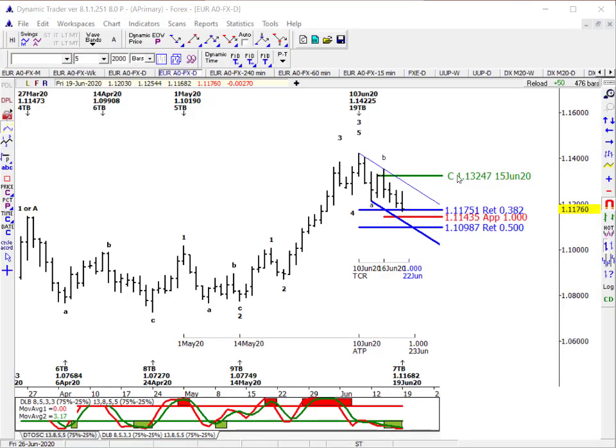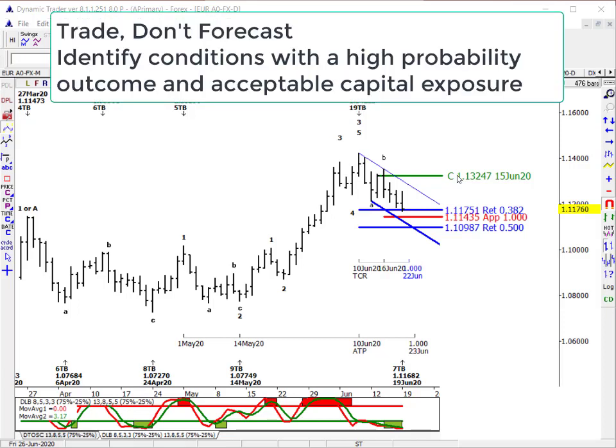We're first going to take a look at one of my favorite markets to trade, and that's the euro. Great trading vehicle because it frequently gets in positions where we can identify technical position with a high probability outcome, and that's our objective as traders, not to forecast, not to be right about the future, but to identify a trade setup where we can take advantage of it with acceptable capital exposure. So even if we're wrong, the loss is fairly minimal and we can continue on for the next high probability